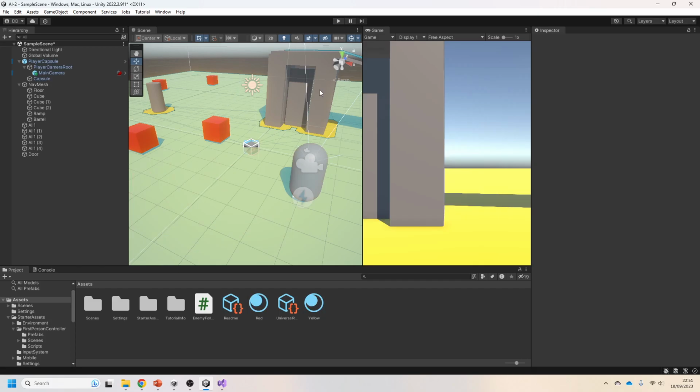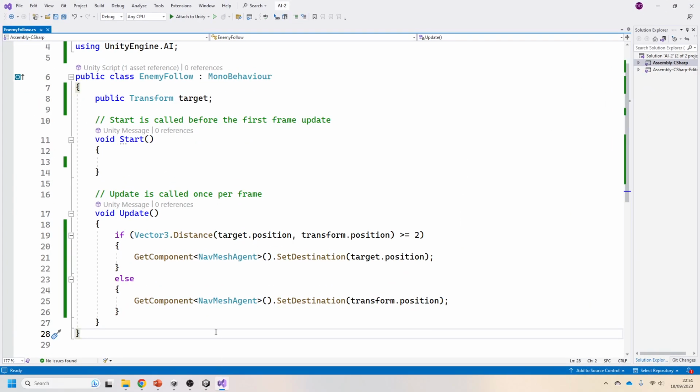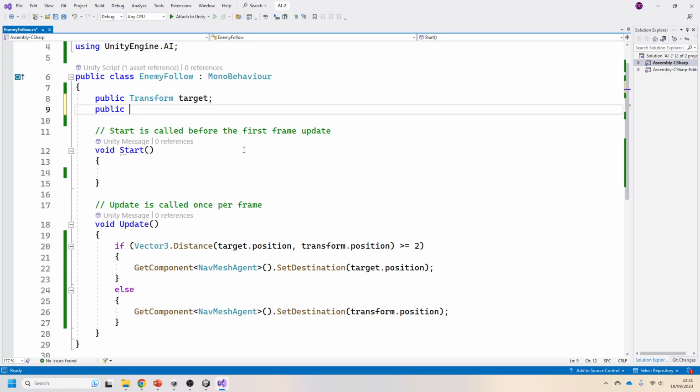So, that works, but now we're going to modify that even further so it's customizable. At the minute, what we're doing is we're saying if it's greater than 2 meters, and that's a hard-coded value. What I now want to change is up here a public floating point variable, something that can have a decimal in it if we want to. And we're going to call this stopDistance. Notice the lowercase s, uppercase d, and no space,